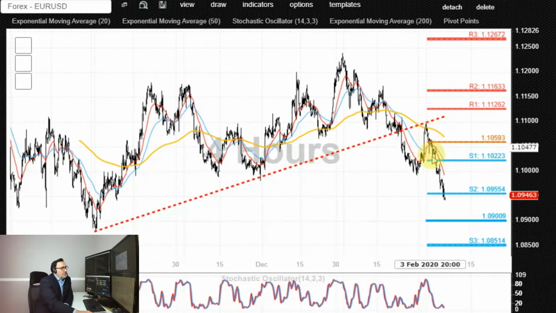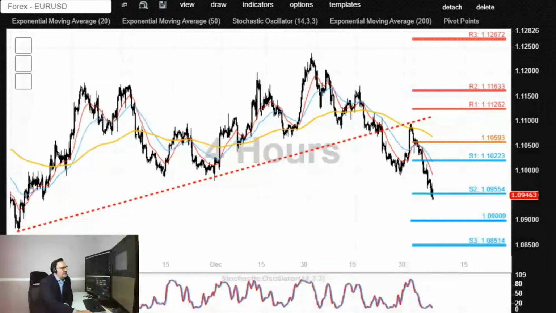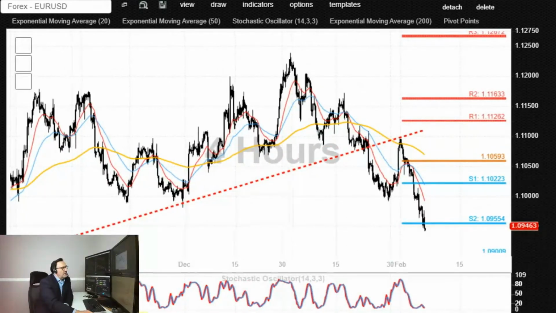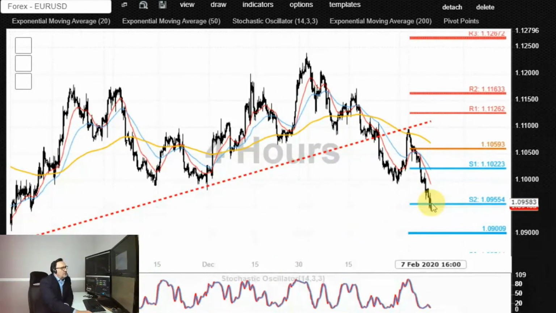Bears are in complete control below 1.10, which is a cluster of these two previous lows, potentially looking for an extension to the downside. So a couple of ways to look into the key trading areas going forward. We're either going to see a consolidation here, oversold rally into 1.10, 1.1020, even 1.1050, which would be a falling resistance trend line retest and the cluster of these two previous lows